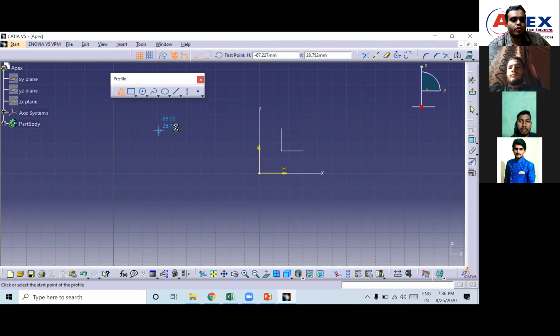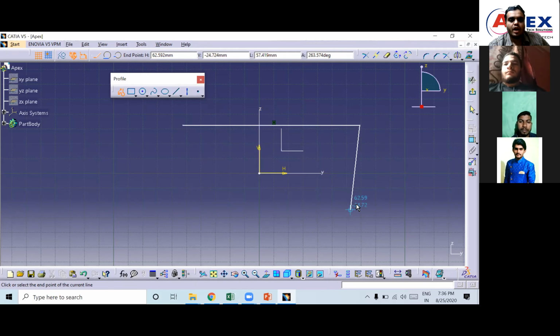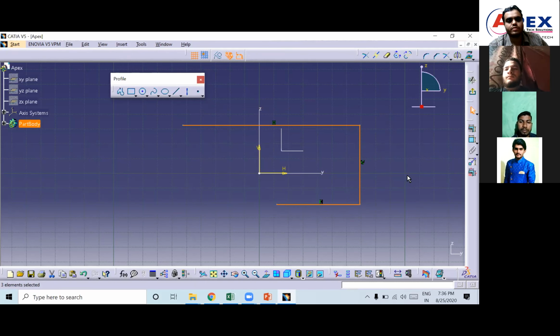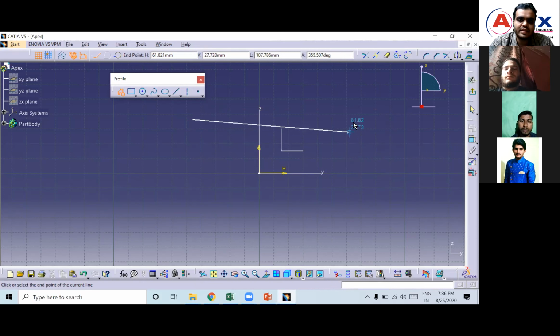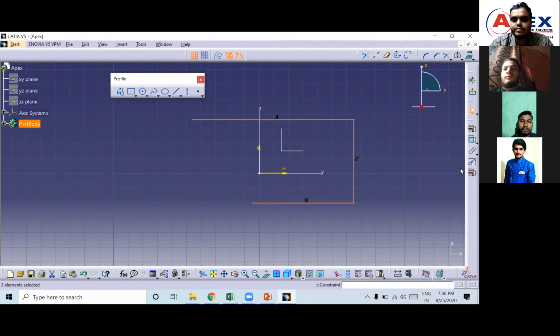Suppose I want to close only up to here, just double click, it will close. Or else go to profile, select this, this. If you want to close up to here, just press the escape button twice. Got it? Yes, sir. Fine.